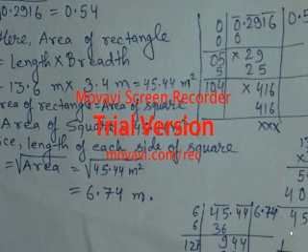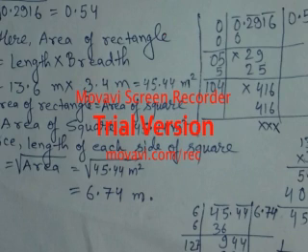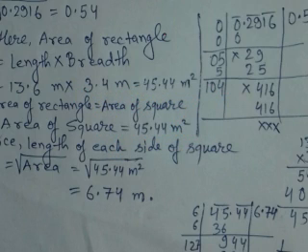Sorry students, here the calculation is a mistake. You can calculate by yourself. It will become how much? 46.24. In a hurry, sometimes such mistakes happen, and you can see whenever I am explaining I am making mistakes and I am correcting them. That's why it is always said that when you are solving, recheck it once again, and that's why the answer is given. So after solving you can match the answer. If the answer matches exactly, that means it is correct, and if the answer does not match exactly, that means there is some problem. Okay, so you can see it will become 46.24.